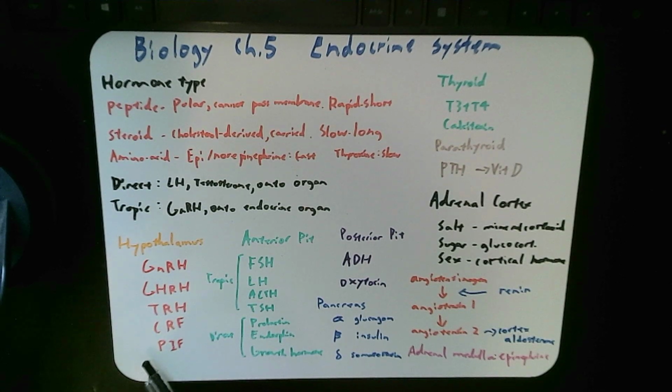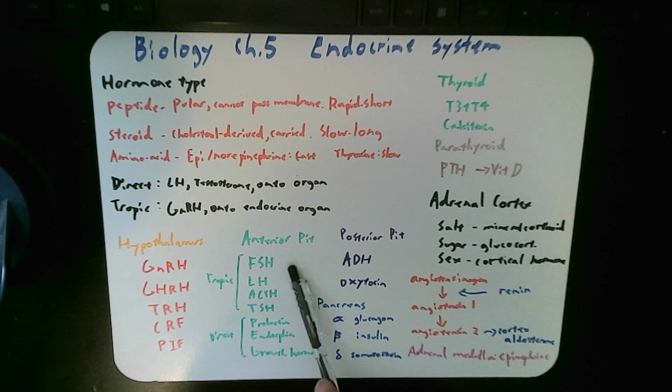We also have PIF, which is prolactin inhibiting factor, and this is the only one which is not releasing but inhibits. So prolactin is already being made, and prolactin inhibiting factor goes ahead and inhibits the production. While it's still in activation, the prolactin is not being produced, but that mechanism will be cut and inhibited once the baby is delivered, basically, or while estrogen are in place, it will go ahead and inhibit the inhibitor, so prolactin will go ahead and be produced.